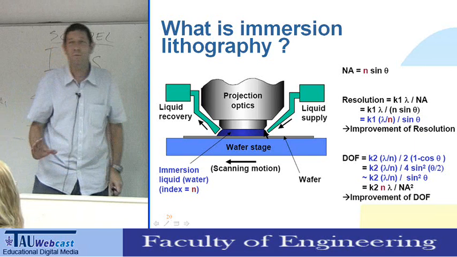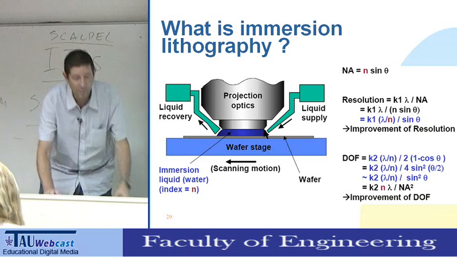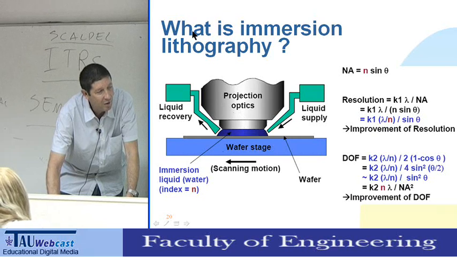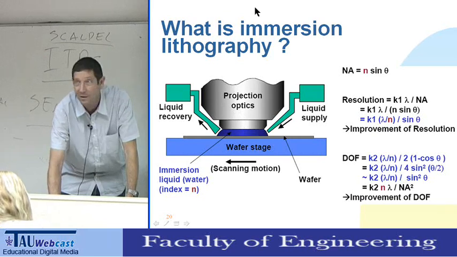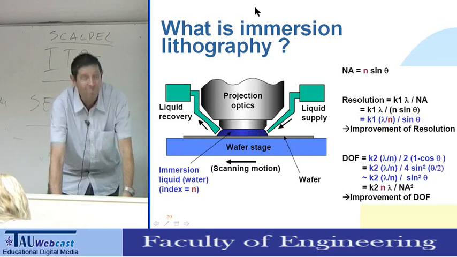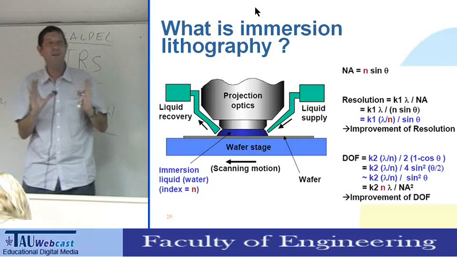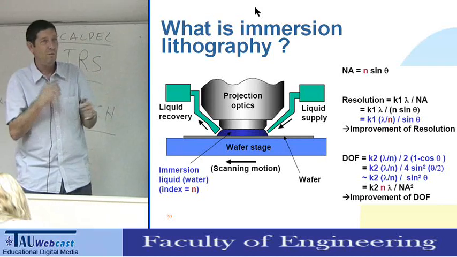Now it's very interesting because if this is the lens, we have liquid only on one side of the lens. On this side of the lens, it's air or vacuum. So it's a kind of interesting optics. We have to change the equations,